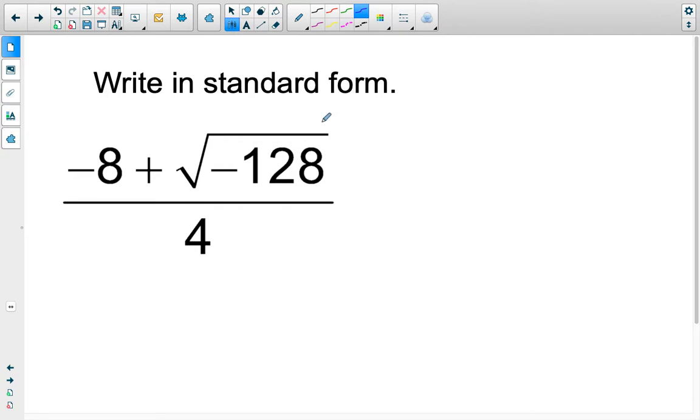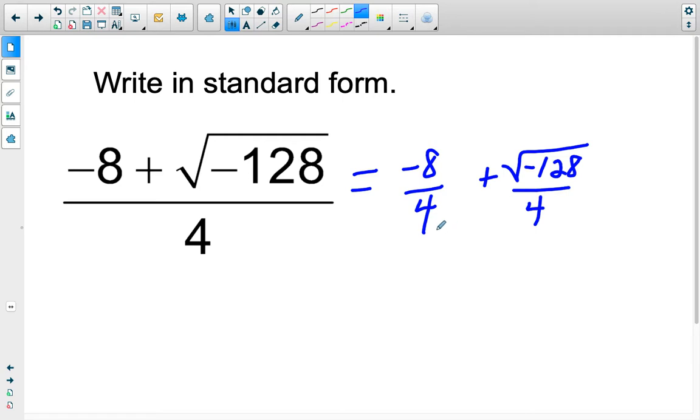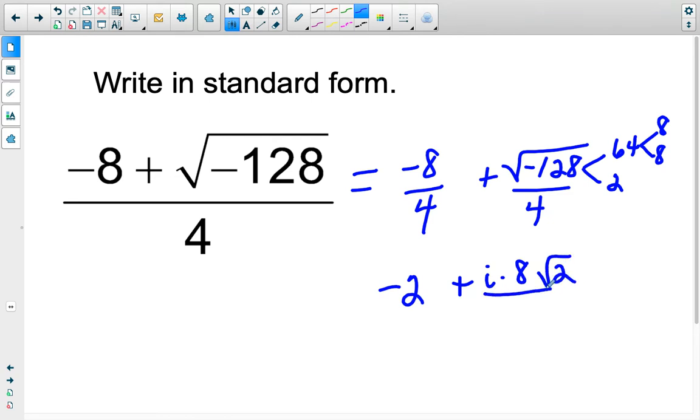Writing in standard form, what that means is we're going to put the plain old number part, the real number part, first, and then we're going to follow that by the imaginary or the complex part. So first of all, I split it up into two parts and get -2. Now I can't simplify a number underneath and a number outside. So 128 is the same as 64 times 2. 64 is the same as 8 times 8. So I have i times 8 times the square root of 2 over 4. Now, since this is an outside 8, and that's an